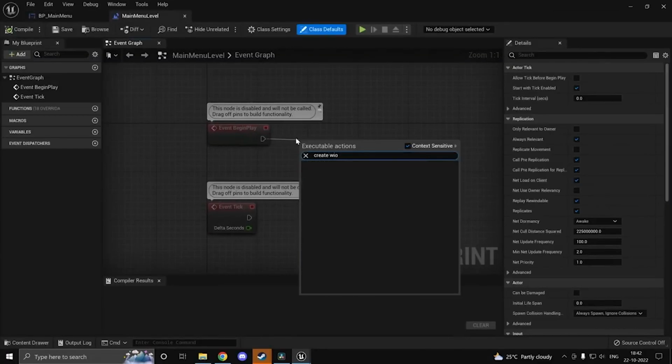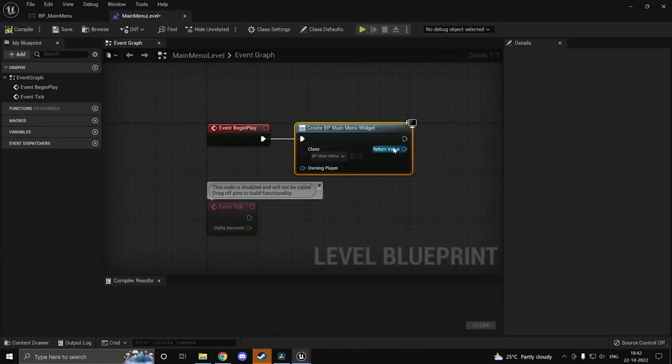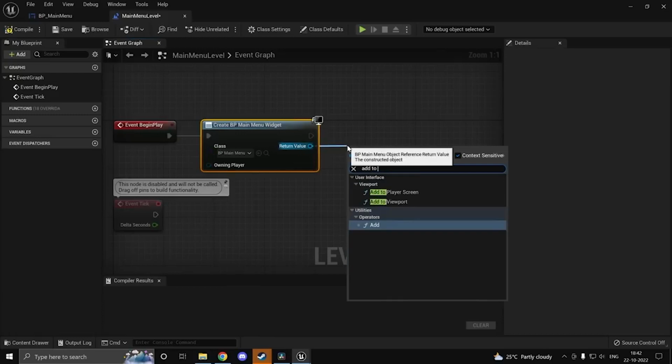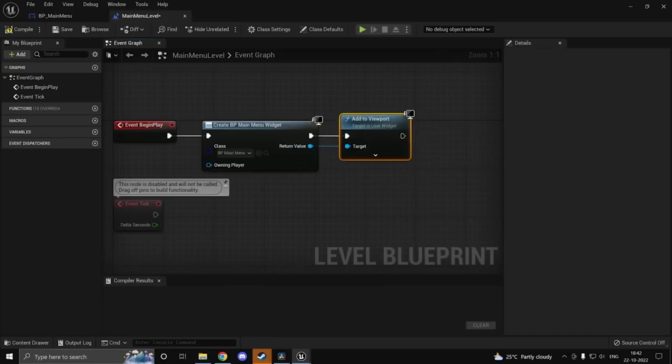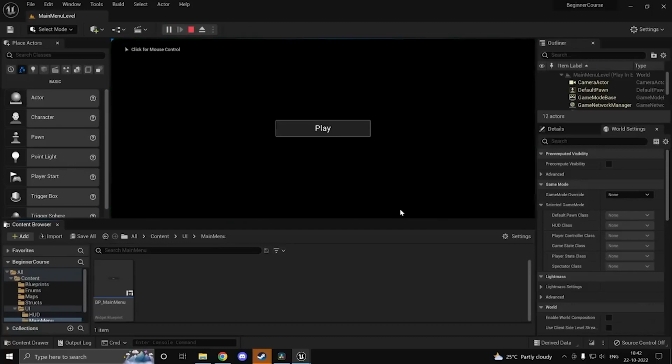So create widget, BP main menu, add to viewport. We don't really need to store it because we are not actually calling any functions. So if I press play, you can see it, and when we hover over it, you get the sound effect. However, one thing you would notice is if you actually have your focus on the window, you can't